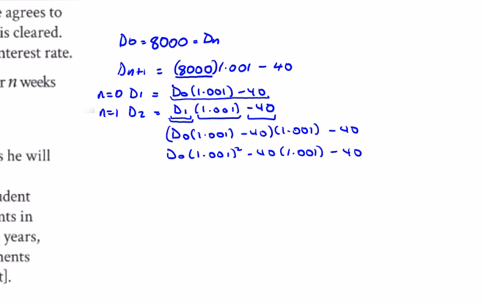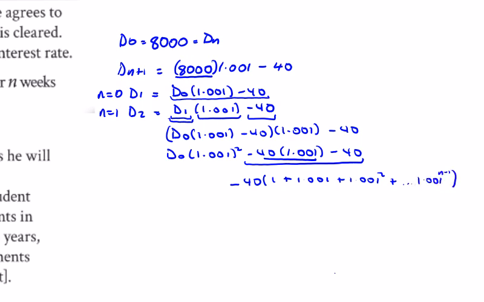40. So we have it in terms of d0, and if we reverse this 40 around and say minus 40, that would be multiplied by 1. In our case, just one other term, but you could go on and do d3 if you want. But it's going to be 1 plus 1.001 plus 1.001 squared. So the 2 is in position 3, so it'll be all the way to 1.001 to the power of n